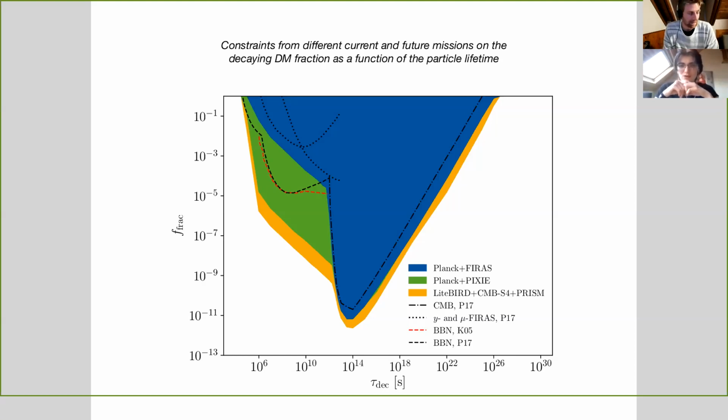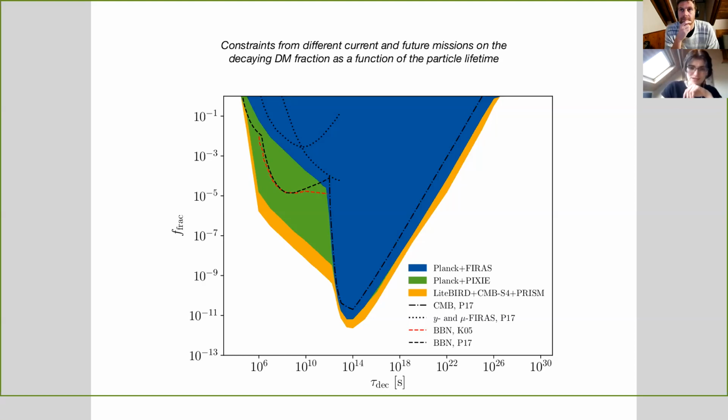So for comparison, we also show measurements like BBN, because BBN physics is also sensitive to dark matter decaying. This is the red dashed line on the left-hand side, and the black dashed line. These are from two different papers, one from 2005 and one from 2017, using different techniques to extract data from BBN. And again, it's better than CMB, but it is still behind spectral distortions. So I think this is really one of the plots that makes our point clearly, because we have disentangled regions of parameter space, one that can be constrained with anisotropies and the other with distortions.